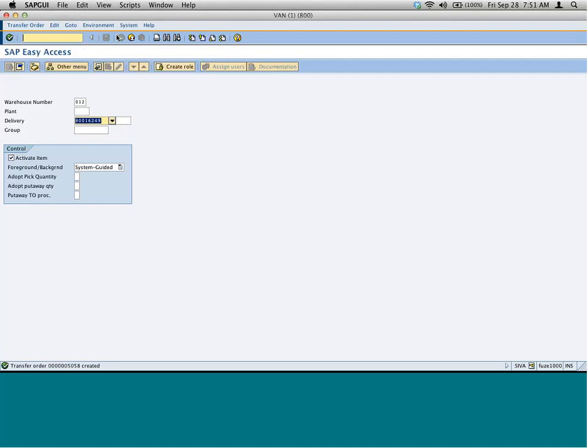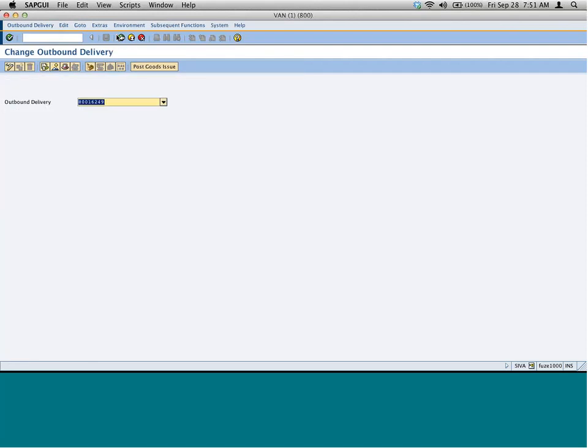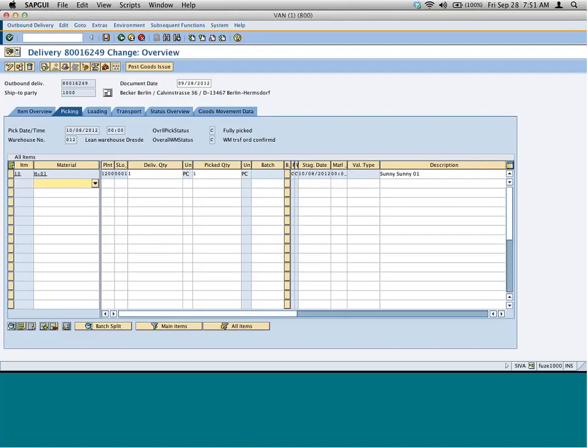Once that is done, you go to VL02N, and they'll say, okay, we have picked the order, we have done the transfer order, check your delivery now. Now you'll open the delivery and see that the picking is already done. That means they have picked the goods and sent them to the staging area. Now you can start doing the next steps, which is packing, freight, labeling, whatever other steps. The step that we do here is like a shortcut: subsequent functions, create transfer order.